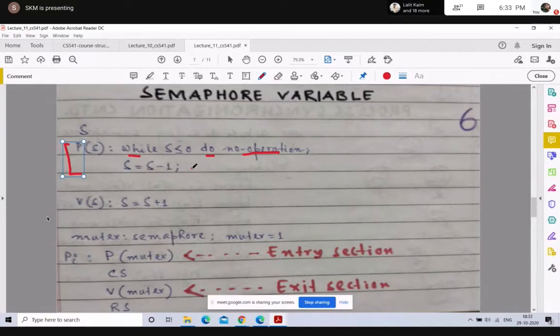Okay, so this is what I am doing in the next part of the slide. Let us consider we have a semaphore variable called mutex. Mutex is a semaphore variable and we assign mutex to be equal to 1. As I had said, you can initialize a semaphore variable.